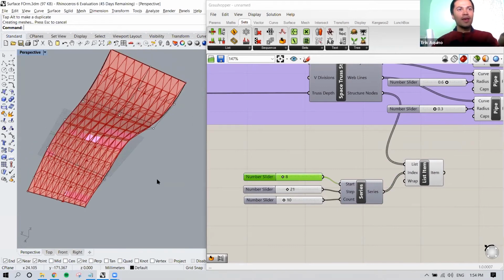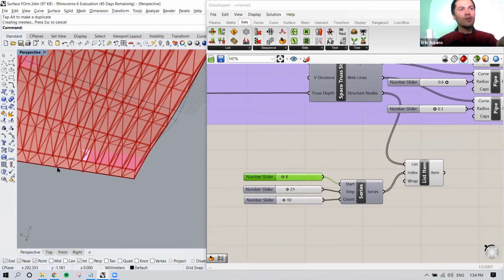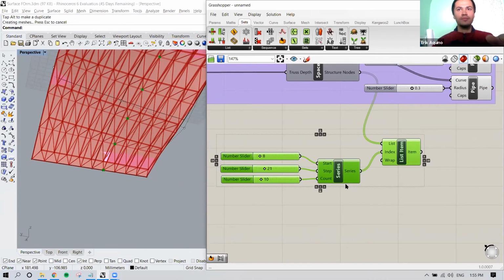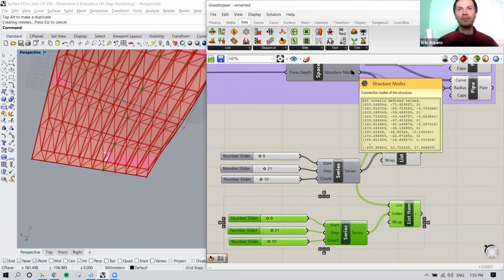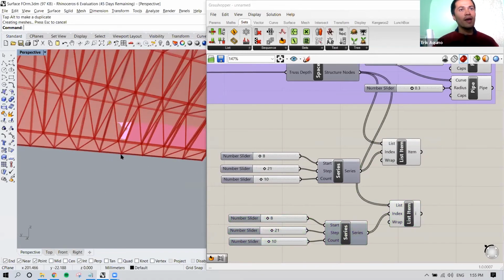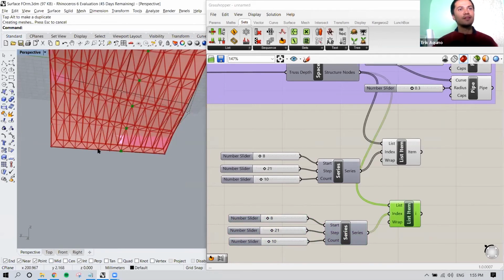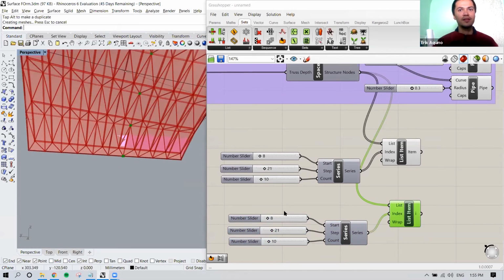Okay, and I want a second column, so I'll do the same sort of operation. I could copy these, and we're still taking from the same output data, structure nodes. This time I want my point to be on the opposite side of the opening. So I'll probably want this point here, and